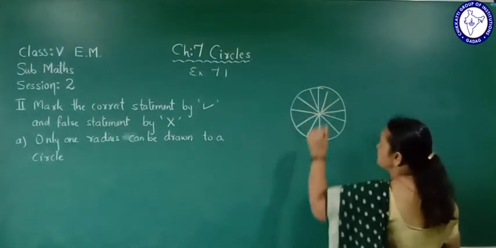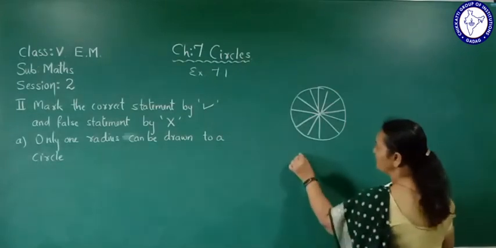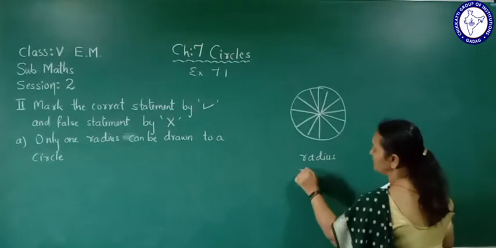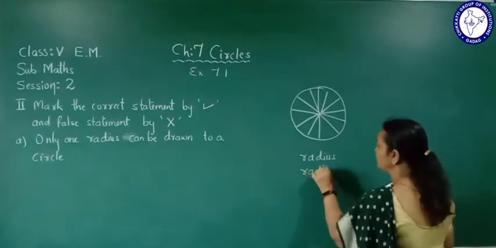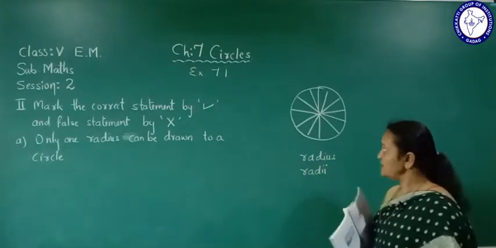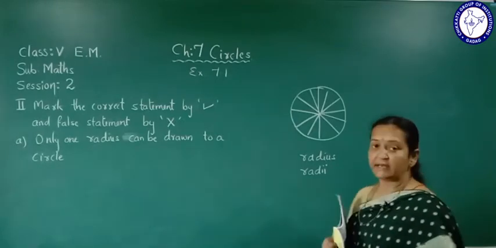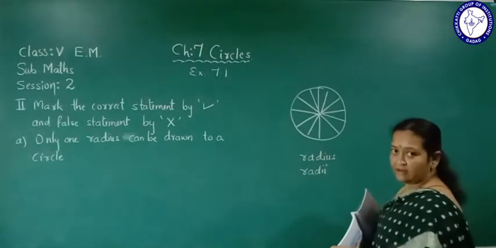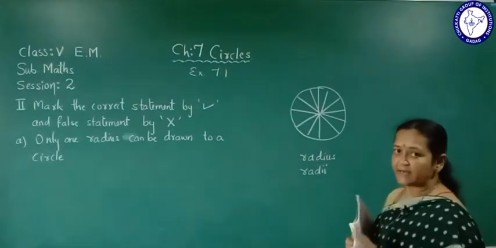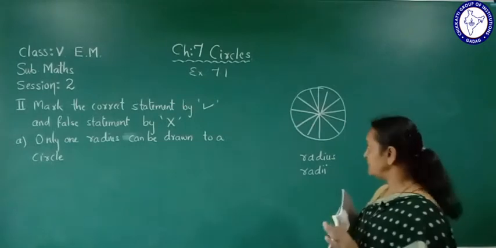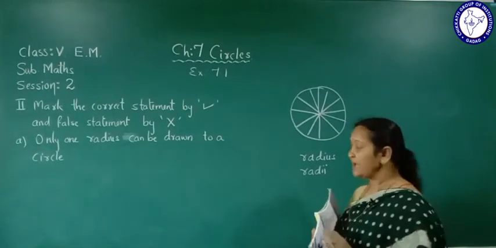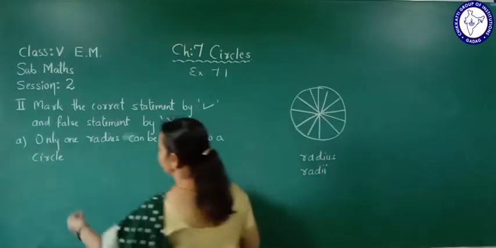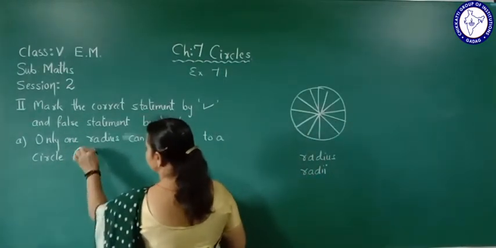This in last session we have learnt. One is called radius and plural it is radii. If there are two or more than two radius, then we read it as radii. So here in a circle we can draw as many radius we want. Infinite number of radius can be drawn. Okay, so here only one radius can be drawn to a circle is a false statement, so we should put